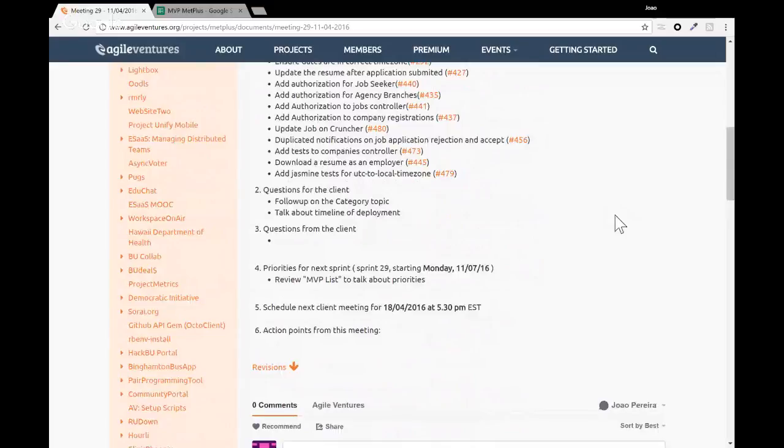Okay, so first, I'd like to know if you were able to get in touch with your contacts on companies and things like that to see if you have that list of categories and the resumes to match those categories.